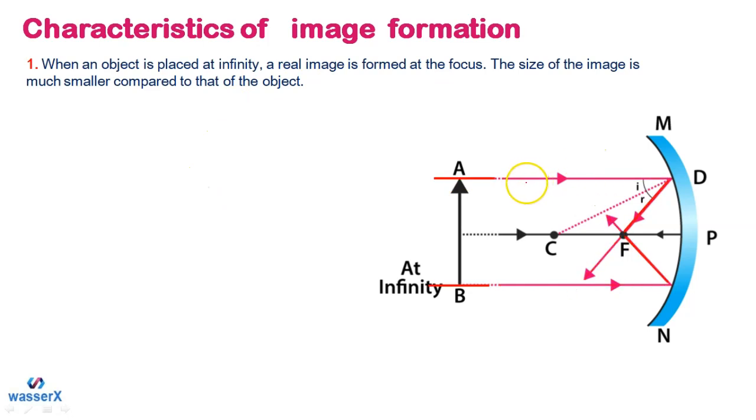Now you have the characteristics of the image formation. Students, these are the characteristics of image formation. We basically have 6 characteristics, as I can guess, and we are going to take them one by one. This is the first characteristic, as you can see, and later, in the next slide in part number 6, we are going to elaborate on these characteristics in more detail.